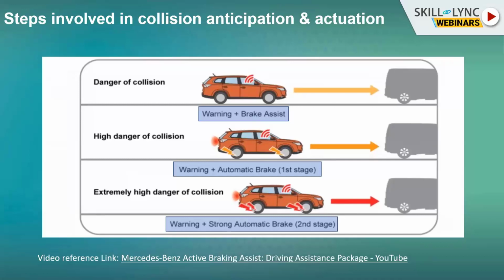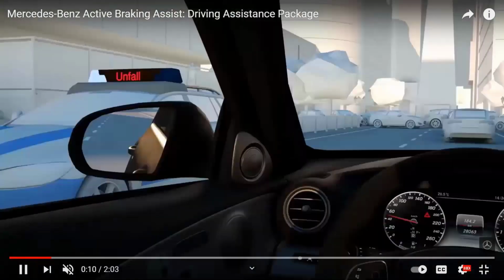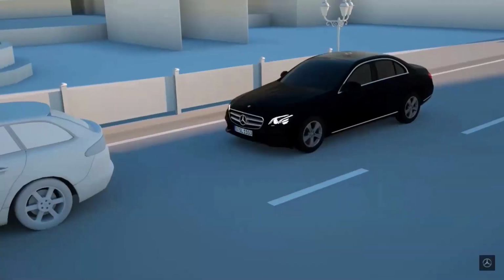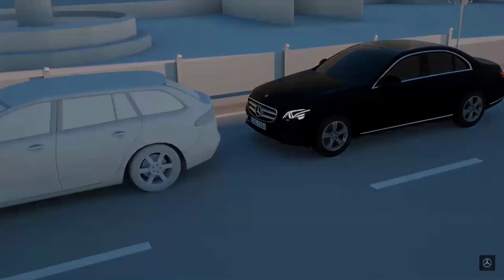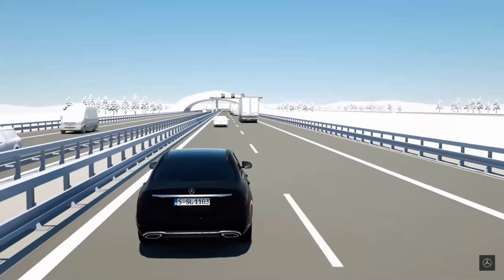The same feature works on different kinds of scenarios. Like here it's being shown as a highway feature. It could work in different kinds of scenarios. The main algorithm will work the same way. All of these are longitudinal controls. The brakes are applied. So this is my vehicle, and there's a traffic vehicle in front, and it anticipated a collision risk, and it stopped at that point while maintaining a safety distance.